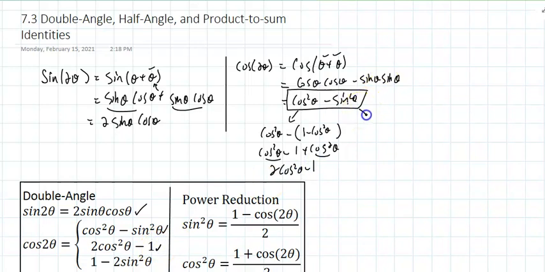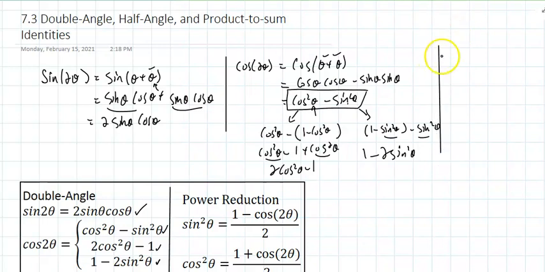Somebody might say, well, wait a minute, why did you get rid of a sine? Let's leave the sine. Let's get rid of the cosine. The cosine squared is 1 minus the sine squared of theta. And if you combine those, so a cosine of 2 theta consists of 3 identities, and of course the tangent